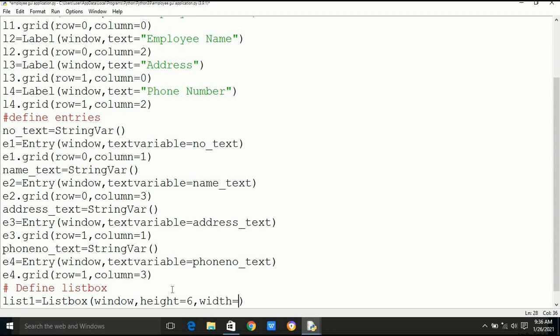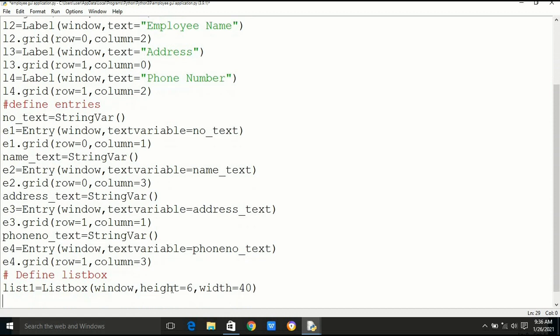For this we have to write column span is equal to 2. We want to make a scroll bar for it, then we can define the scroll bar. The place of list box is row 2 and column 0, and the place for scroll bar is row 2 column 2.